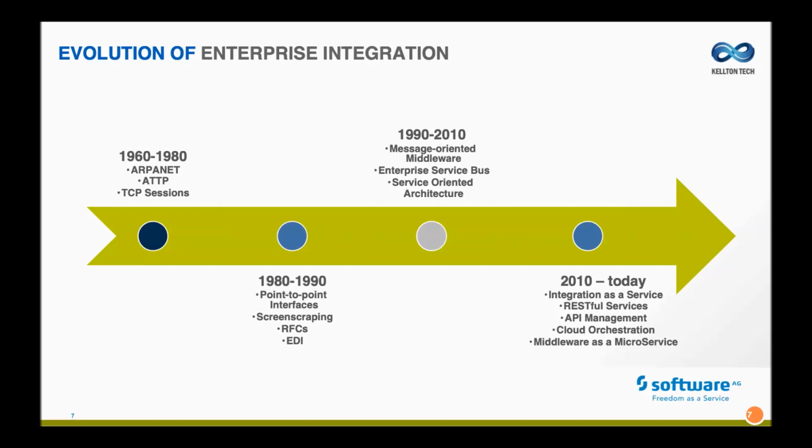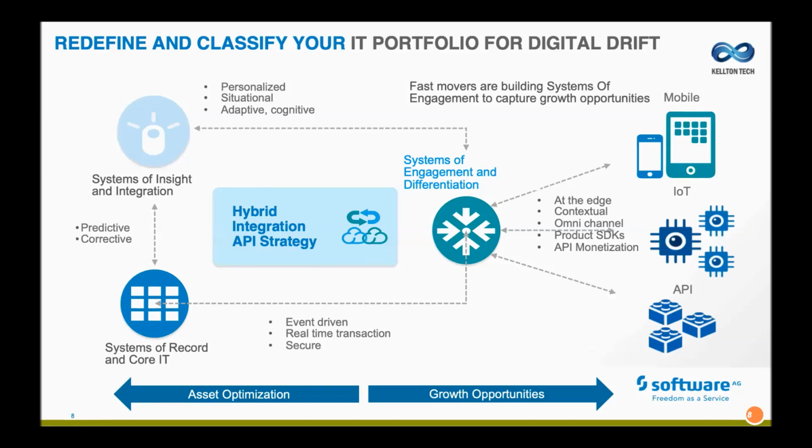And why these trends have come to being, or what were the demands that need these trends for IT organizations, is what our Kellton Tech's services are revolving around as well. We think the IT portfolio management for digital transformation has to be redefined. The traditional IT portfolio management has to rethink in the areas of growth opportunities and asset optimization, and has to rethink and classify their systems.